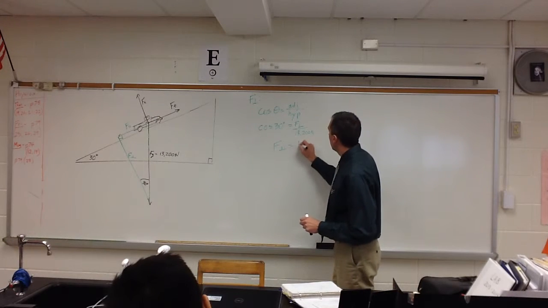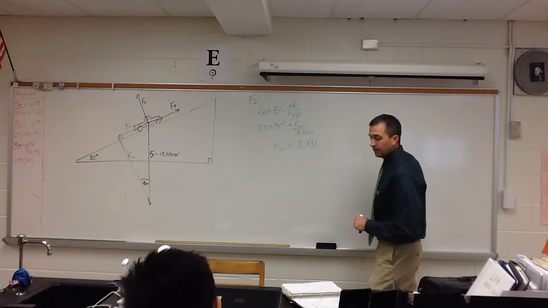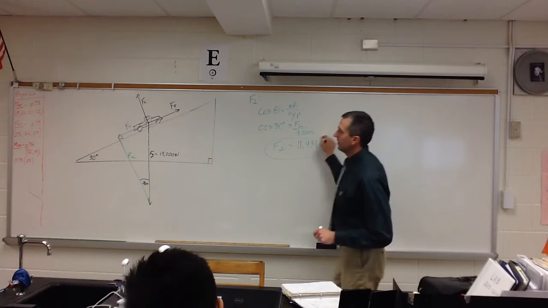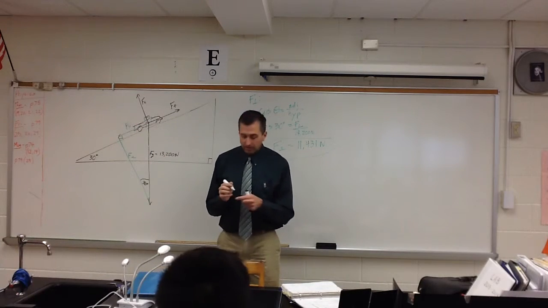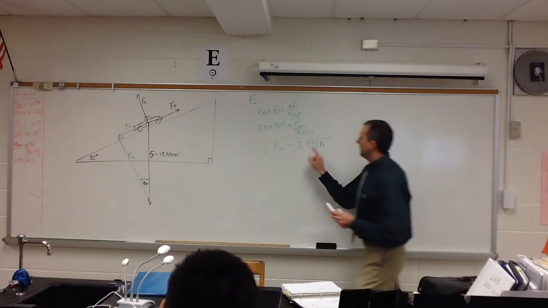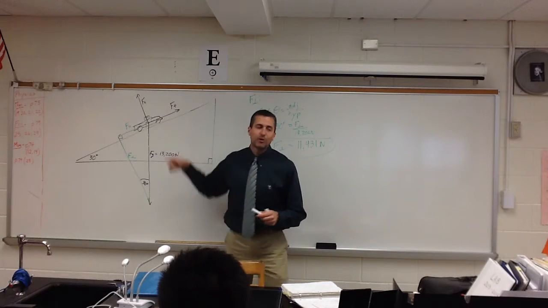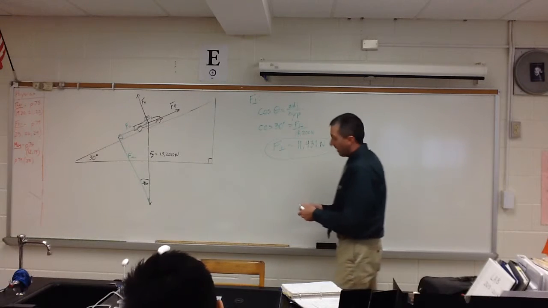Good. 11,431 is, I think, what came up on my calculations. So this is how much force is pulling the truck down into the ground. If you're parked on a hill and your truck weighs 13,200 newtons, only 11,400 is actually pushing down on the road. Where's the rest of it going? The rest of it's trying to pull you down the hill, so let's figure out that one, because that one